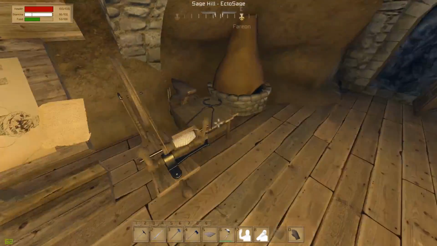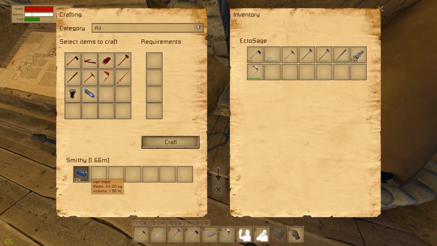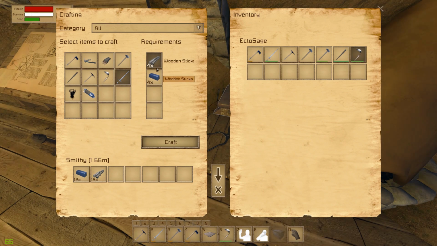Oh, and you might notice that these were redded out. Even though clearly I have the ingots there and the stuff here, you have to actually drag these down here, and then you'd be able to build your tools and all of that. Not going to build that now because...